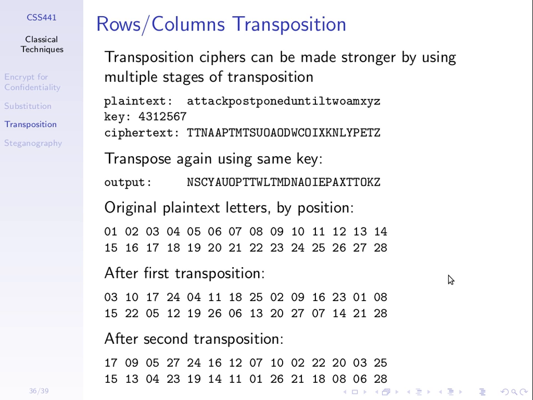I don't have an example to finish with this, but if you try different ciphers, that is, apply this one and then apply the Caesar cipher and then apply rows and columns again and then the Caesar cipher, it would be even better. And that's what real ciphers do: combine operations of multiple simple ciphers.